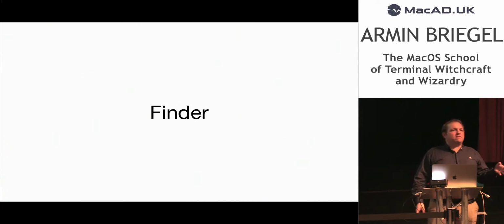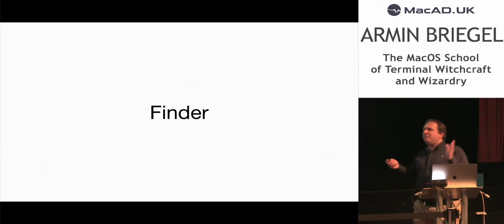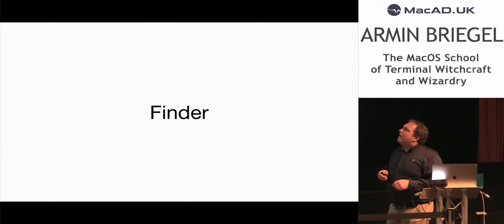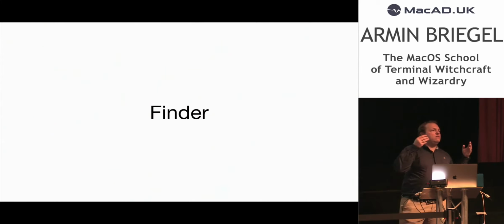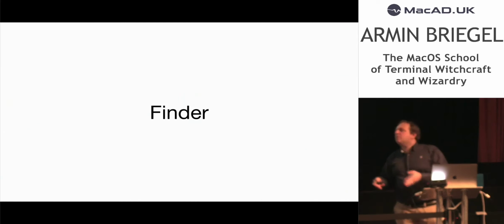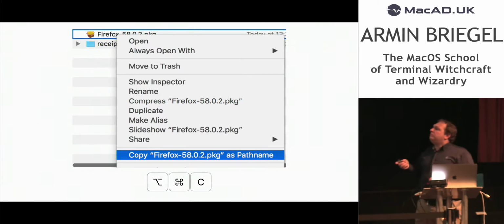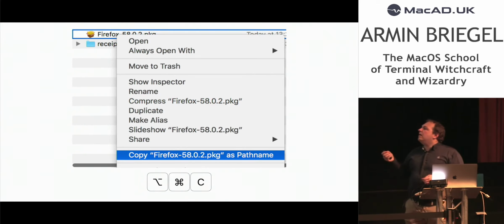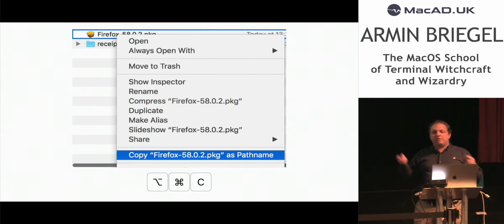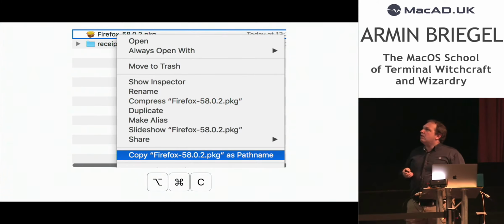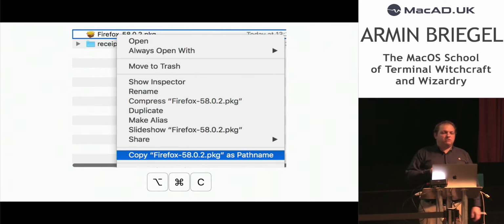But other applications aren't that smart. If you copy a file in Finder and paste it, they will do different things depending on the application. But if you want the path to a file in, say, a document for documentation, or if you're writing a book or something like that, you can hold the Option key, in this case with the context menu, or just Option-Command-C. And in the context menu, the copy command will actually change to copy as path name. And then it will actually copy the string for the path name, and you can then paste that into other applications, especially when you're writing documentation or emails.